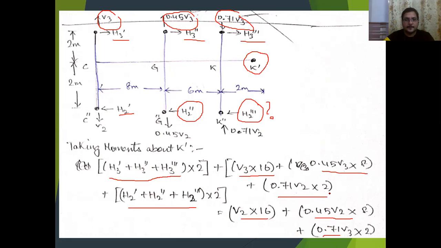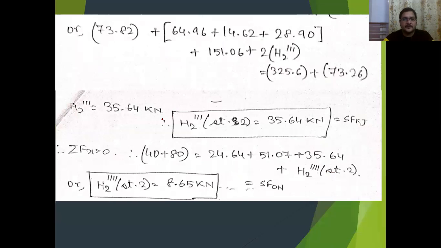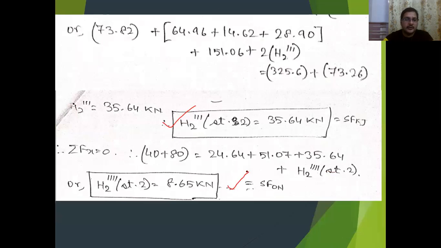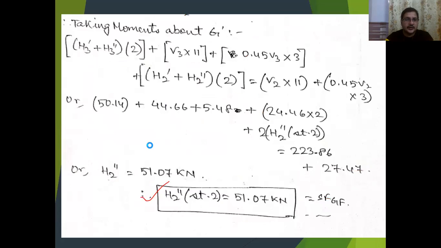Similarly, we have got H2 triple dashed, that is the shear force in the third column, and successively we will calculate the shear force in the fourth column. Now, how do we find the shear force in the fourth column? See, the lateral force now is coming as 40 plus 80. Why? This is the effect of the 40 kilonewton lateral force which was at the topmost level. If you check the diagram,